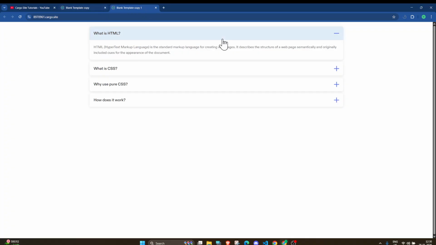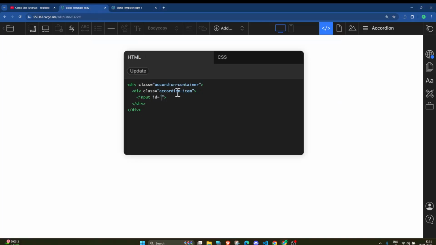To trigger this particular accordion tab, we need to have a unique ID. So this is going to be section 1, and the type is checkbox. If I click on update, here you can see we have the checkbox.